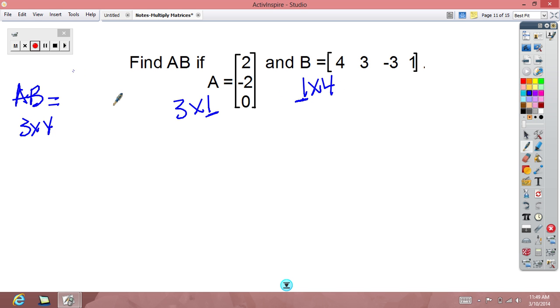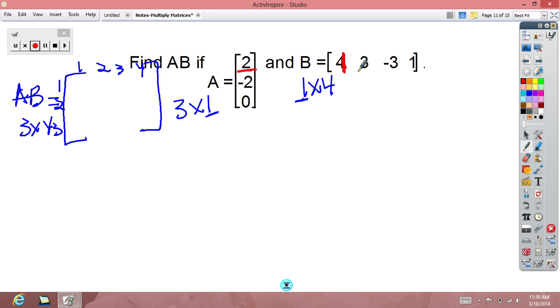Which, if you want to make this less confusing, you can start out by writing, okay, I know I'm going to have 1, 2, 3 rows and 1, 2, 3, 4 columns. So that you know you have to fill in these spaces. Okay? So, now we go through and we multiply. So, again, first row, that's this way, left and right, and first column. These only have one row or column, and so we're not going to be adding things together like in the first example, but go back and look at that first example for your CPP problems and what we do tomorrow in class. So this has first row